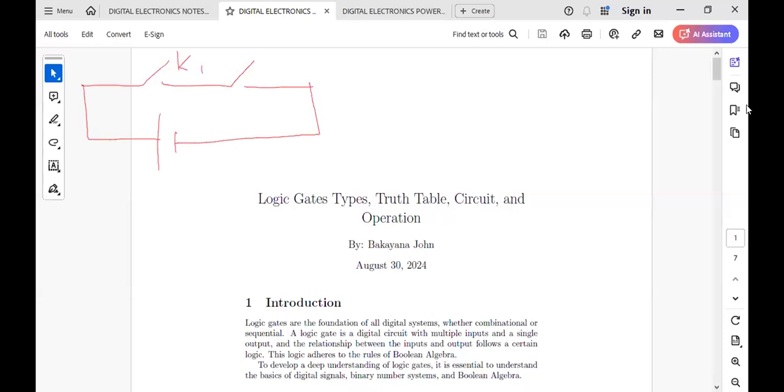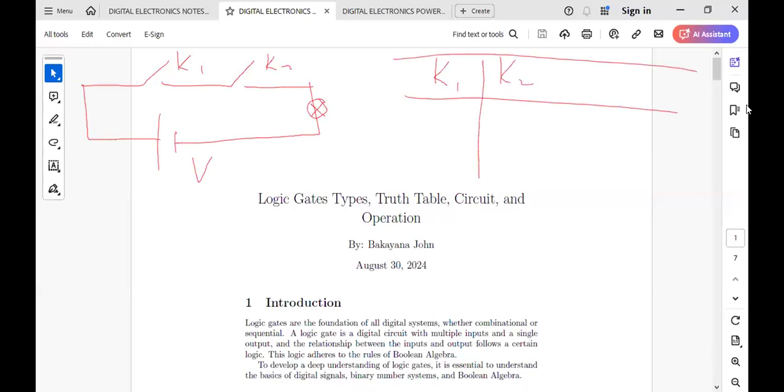Supposing we have two switches, and this is our battery and that's our bulb. Then we have switch 1, switch 2. Take note, because we don't have a lot of time. I said that